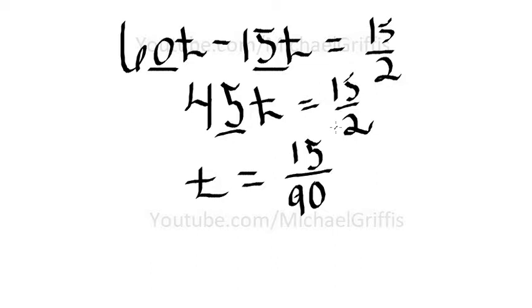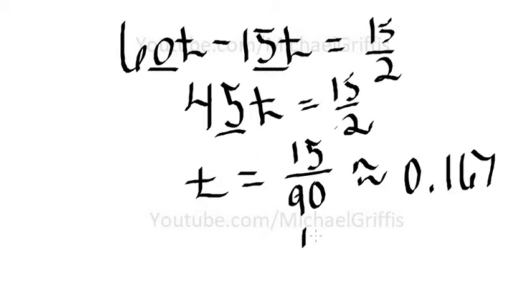Let's just approximate this right here. It will simplify down, but we'll leave it at 3 decimal places. That fraction simplifies down to 1/6 if you want to keep it like that. And because t is in hours,